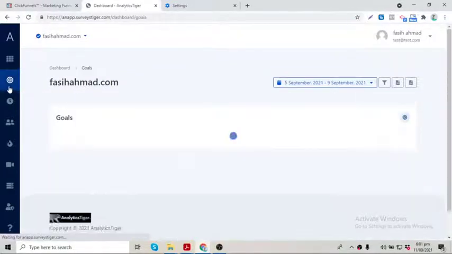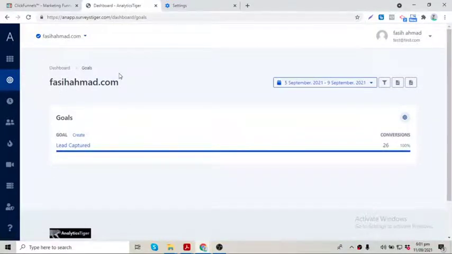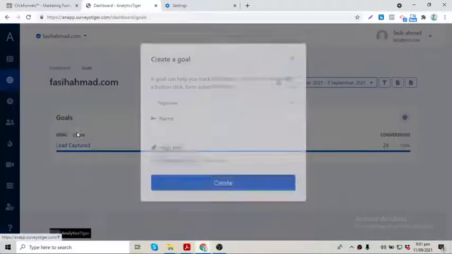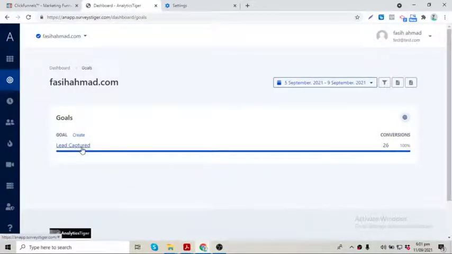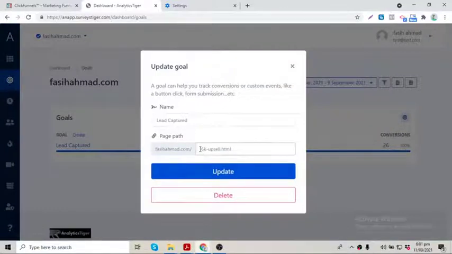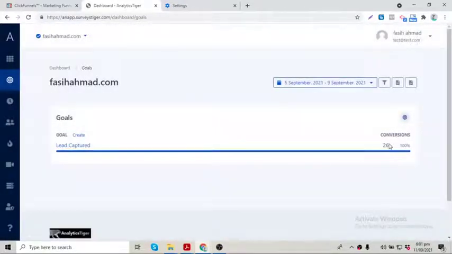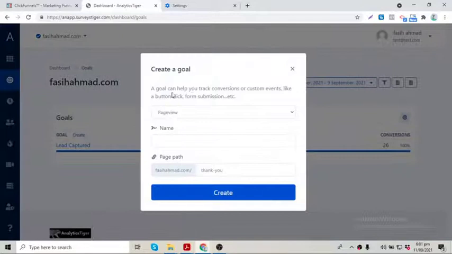Now next is the goals. You can track any action taken on your website. This feature is very important if you are buying any sort of traffic, like solo ads or paid advertising from Google, Facebook, etc. I have created this leads capture, and anyone who arrives on the upsell page, I know that's a lead that is captured. So you can accurately track all the leads. You can see how many leads you got, how many purchases you got, and of course you have multiple other custom events as well. So you can track button clicks and form submissions and so on.